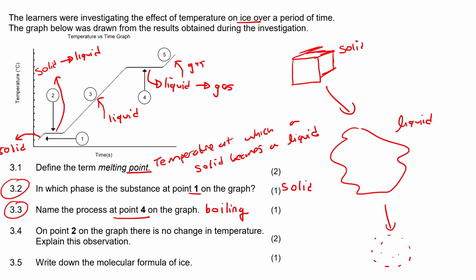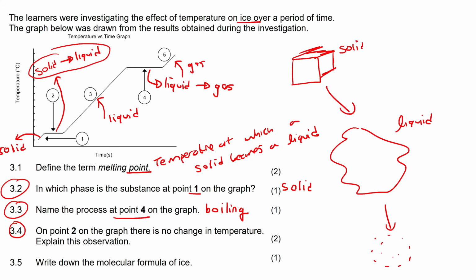Now obviously I could go into way more detail, but I've made a full-on video about this already. So you just go find that and then this will make sense, okay? Now this question says, on point 2 on the graph, so point 2 is this one over here, where we